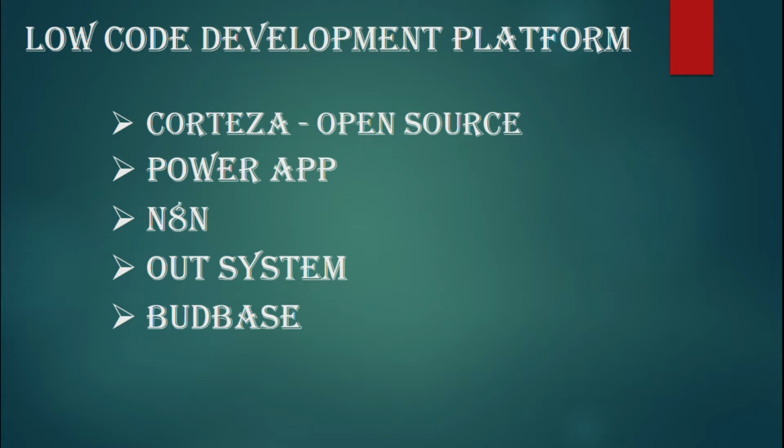It's a kind of RPA system which is free of cost, but it does not support creating any kind of UI. You have to use this application if you want to create any kind of workflow or any kind of automation. The next is OutSystems. I found it very good, a very strong platform which supports UI development and rich UI development.